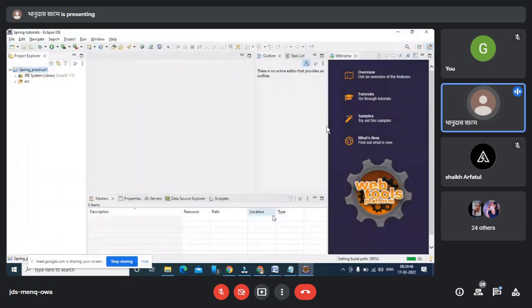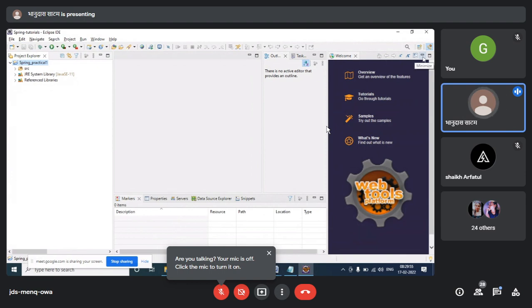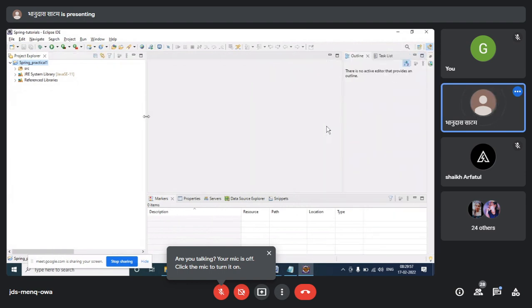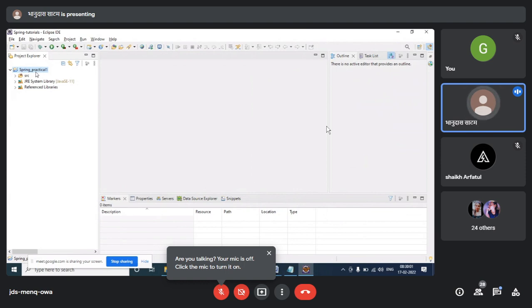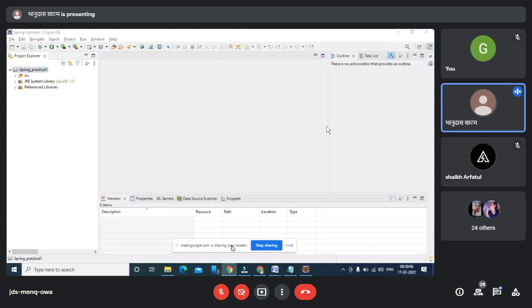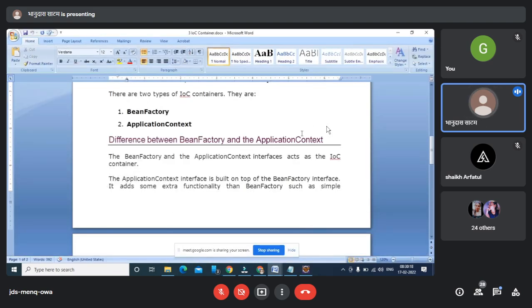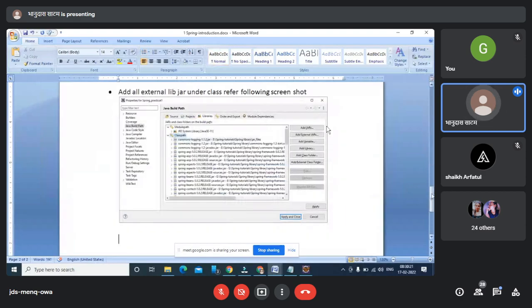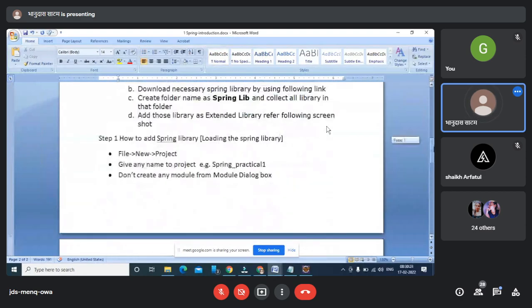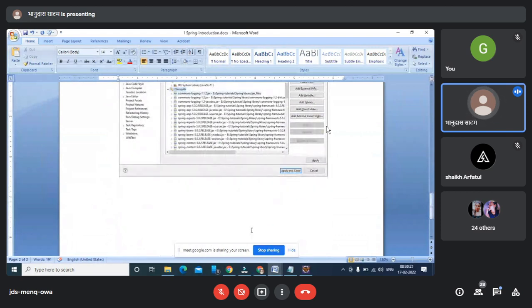So I'm just clicking on apply and close. So all my extended libraries are coming here as referenced libraries. Yesterday I ran into trouble in the last session, looking for a particular option which is not available in NetBeans. So I was searching for it inside NetBeans, which is not the right practice. So that's why I decided that, if you people are new to this environment, I should share all the steps so that people can follow these steps and add those libraries.